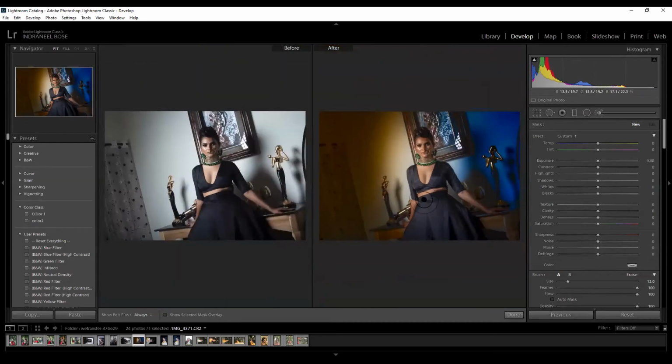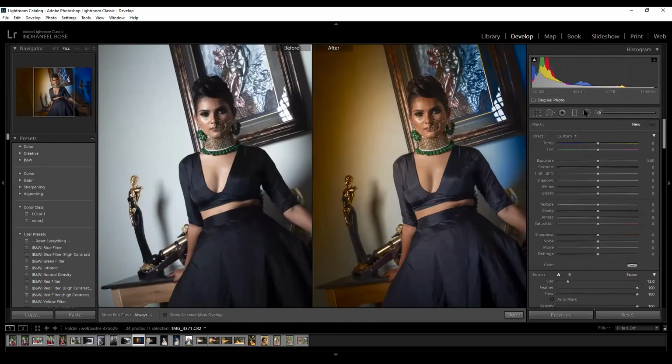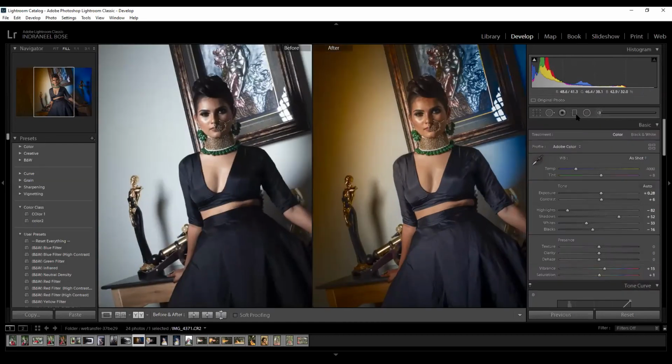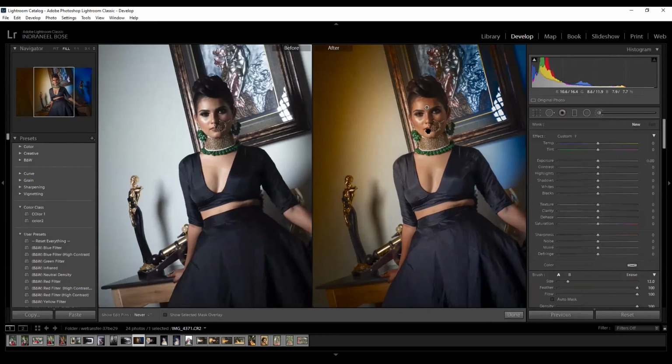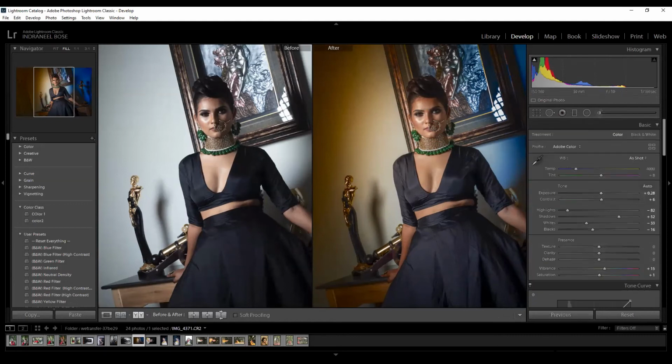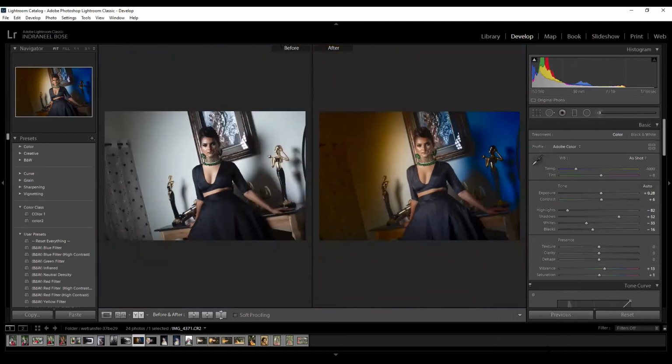The yellows are in the skin tone, but you can mask out and balance it out also if you want to, with the brush. Got the point? So you can fiddle with many things. Now the image has a totally different dimension. It's not looking like a flat image.